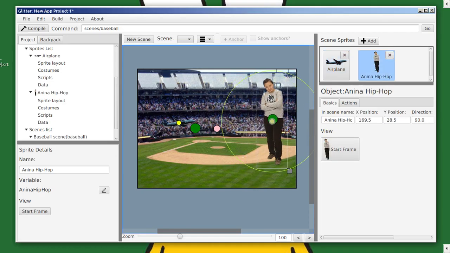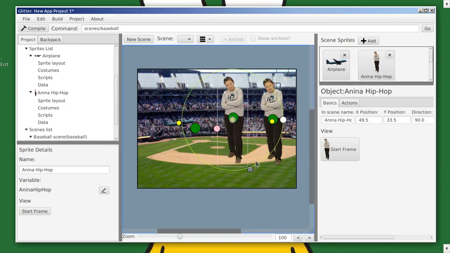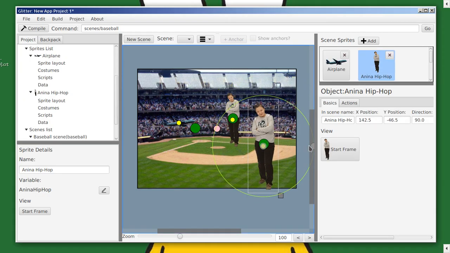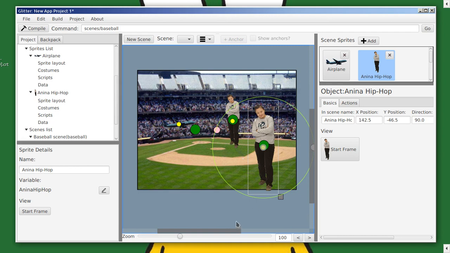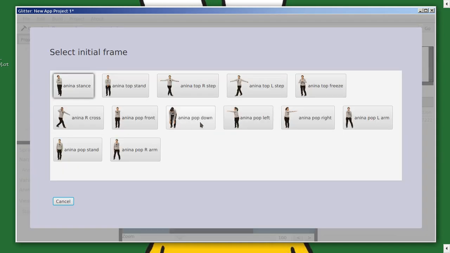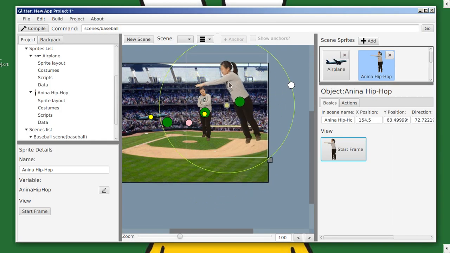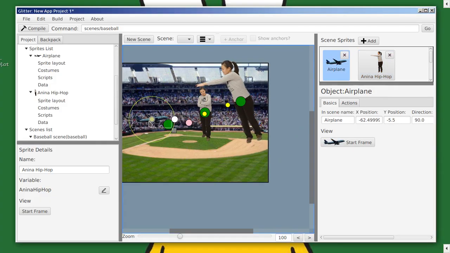But the important thing about scenes is that you can add in multiples of things, and they can look different. So that's the smaller linear, and this is the rotated one. Oh my gosh, that's the rotated one, and she can have a different frame. So that's her pop left, so she's patting her on the head, and then we have our little aeroplane over